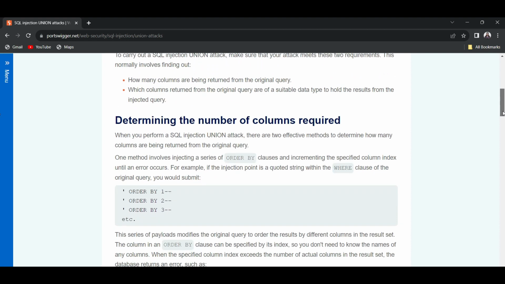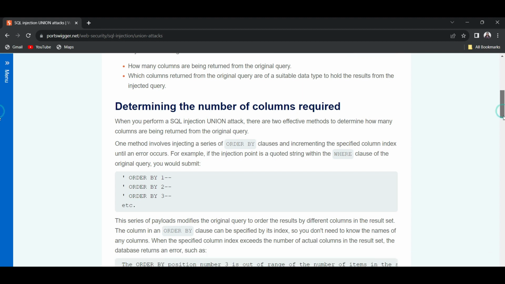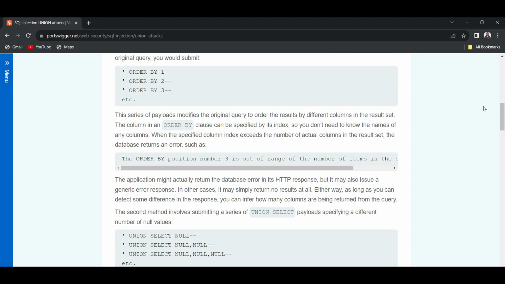Now we will start with the first lab, and before going to the first lab we will see how we can determine the number of columns. There are two ways we can extract the information about how many columns there are. The first is ORDER BY 1 and the commenting of the query, the double dash.